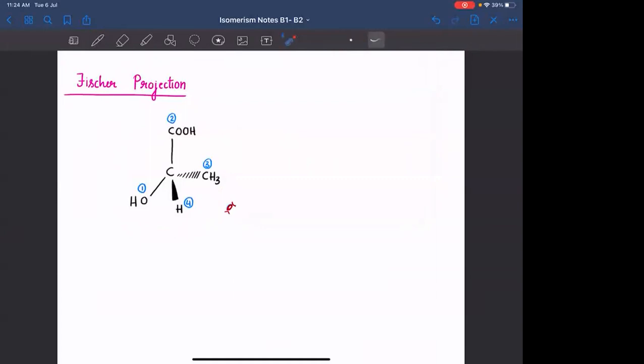This doesn't look like an eye. Okay. Assume this is an eye. I'm viewing the molecule from here. How will you see the molecule? Look, everyone, these two bonds are coming towards you and these two bonds are going away from you with reference to this particular point. These two bonds are coming towards you. These two bonds are going away from you.